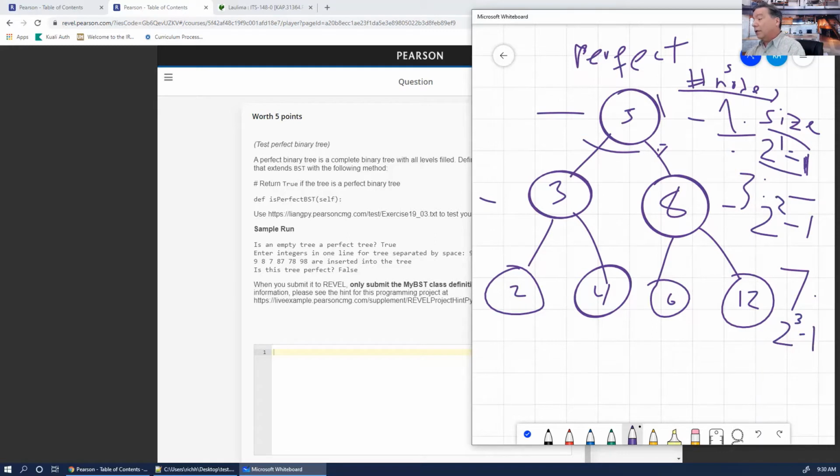2 to the 3 is 8. 8 minus 1 is 7. 2 to the 2 is 4. 4 minus 1 is 3. 2 to the 1 is 2. 2 minus 1 is 1. So if we know the size, no, if we know the level,